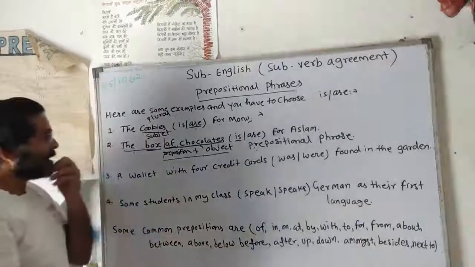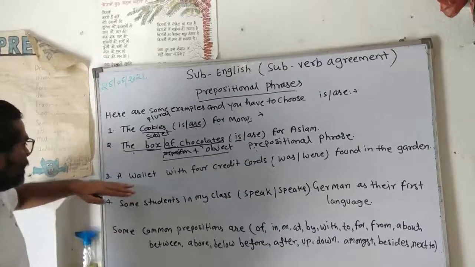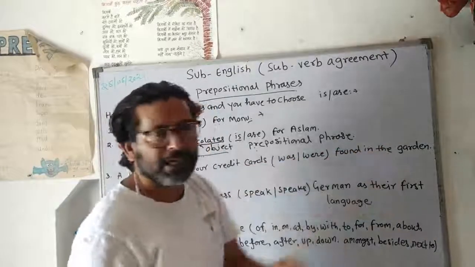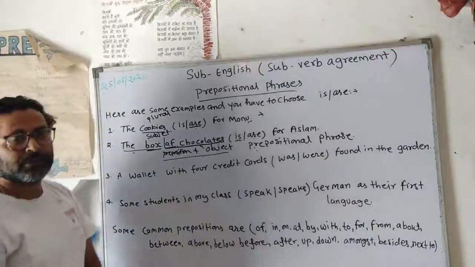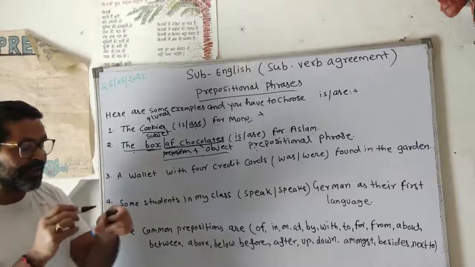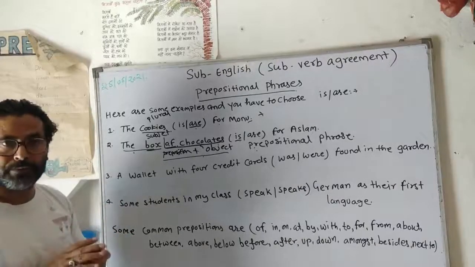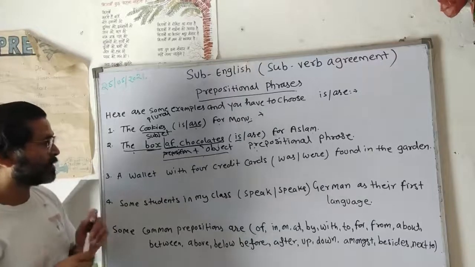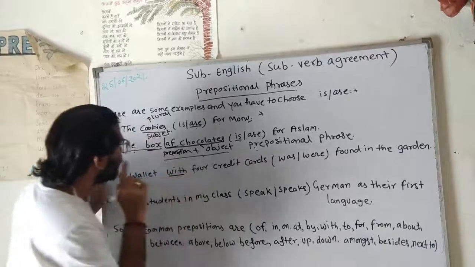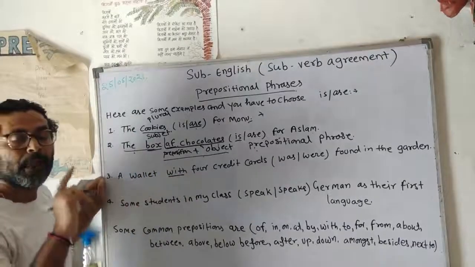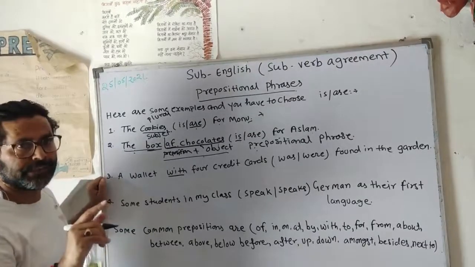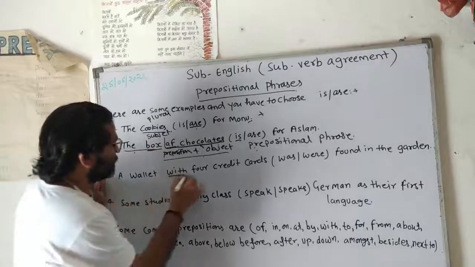So let's see the third sentence. A wallet with 4 credit cards was/were found in the garden. Think about it. What should we use over here? First of all, we have to identify if there is a prepositional phrase in this sentence. Can we see a preposition somewhere? Yes, this is a preposition. Remember, a preposition always comes after the subject, and the subject always comes at the beginning of a sentence, right? So the wallet with